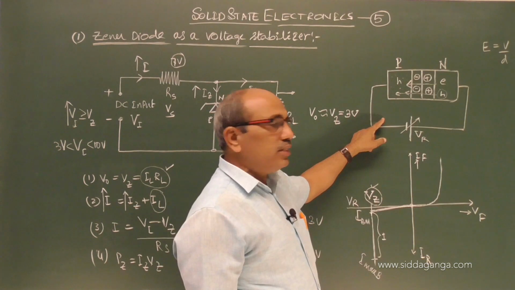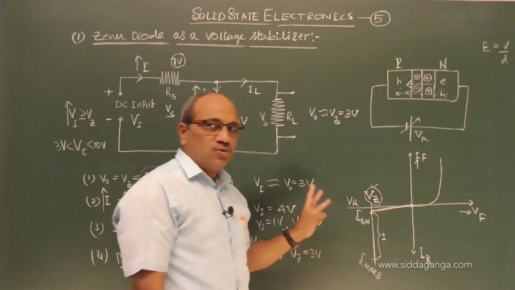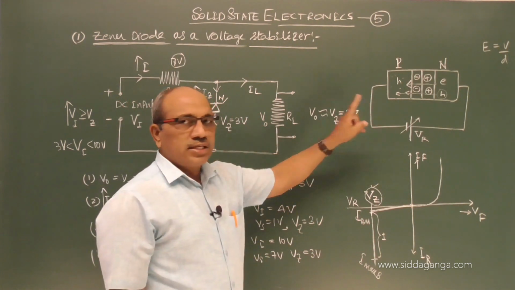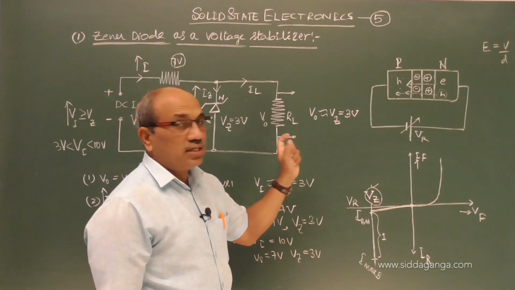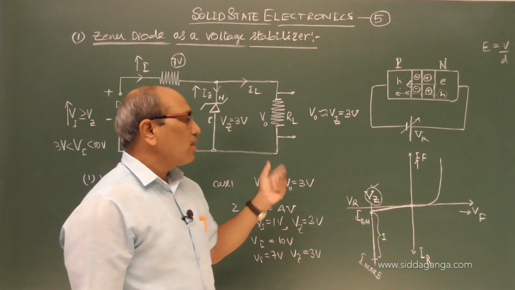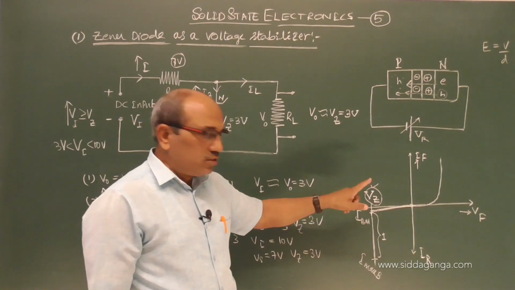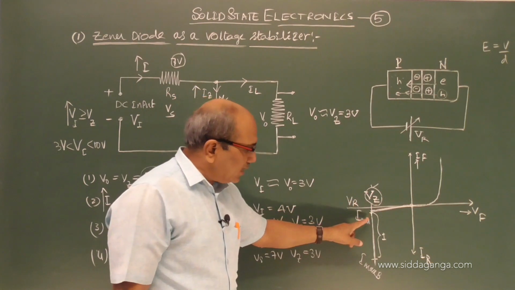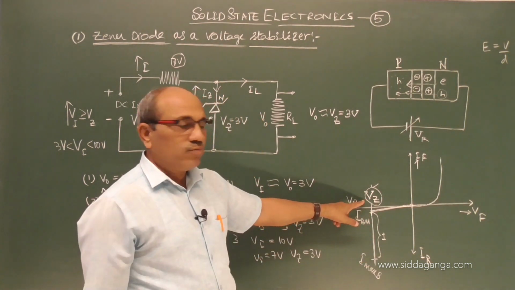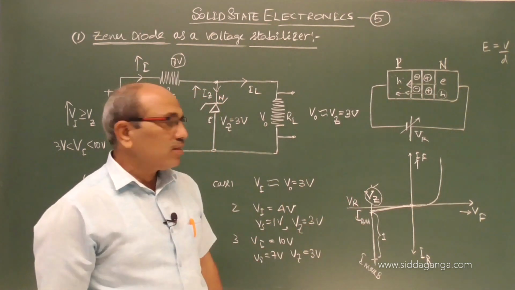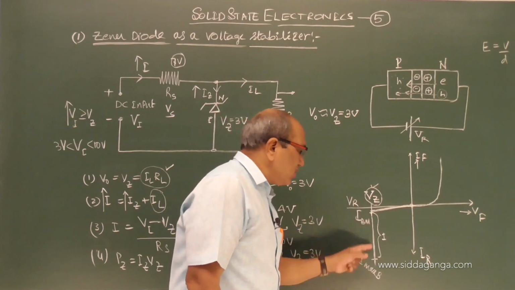How it functions in the reverse bias at the Zener voltage, explained. The 3 points I told you to remember. One, it is a heavily doped diode with a thin depletion layer and a high junction electric field. It works in reverse bias at the breakdown voltage, called the Zener voltage, for any current, without breakdown of the junction. So the voltage remains constant for large current flowing through the junction.